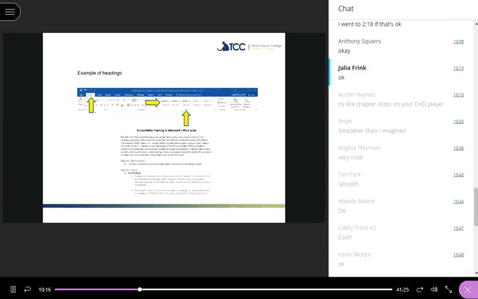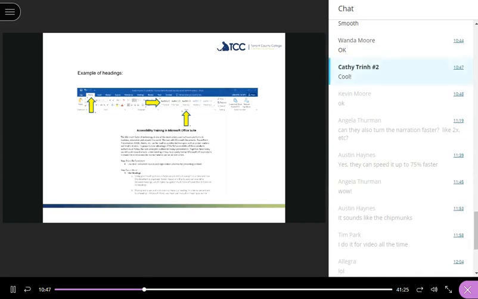It's pretty cool to watch how a screen reader works, isn't it? Having watched this demonstration of how someone uses it, you can see how essential it is to format your documents correctly, because if they are not formatted correctly, Austin can even tell you it makes it a nightmare for folks using that technology to maneuver through homework assignments and documents.